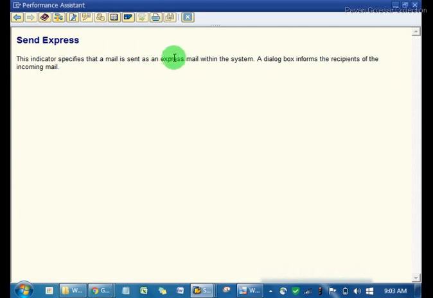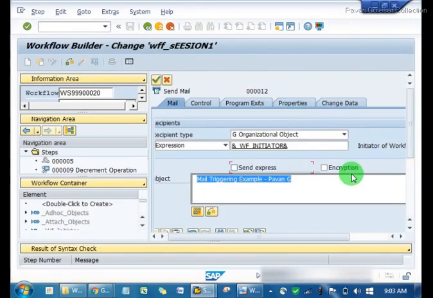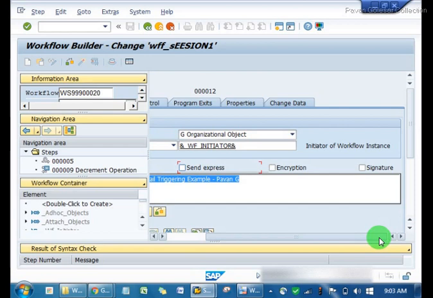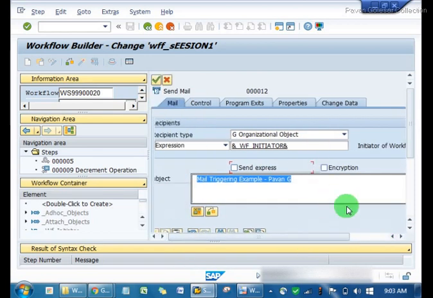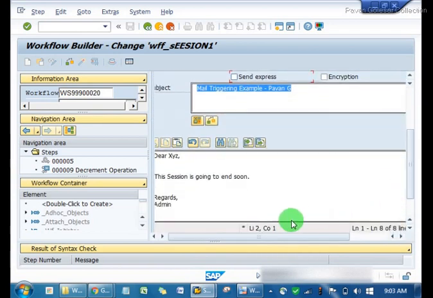So it might not be triggering, it will simply just send express or something. But I'm not sure, you need to check on that. And there is another signature and encryption. So anytime you can go on this and right click on this to get more information on that. So keep jumping back.